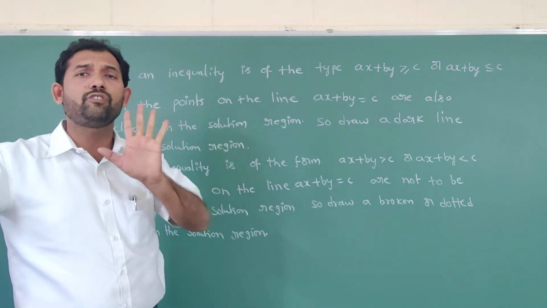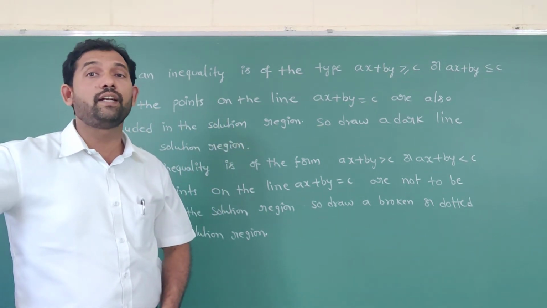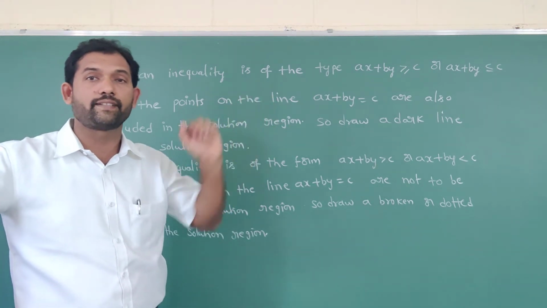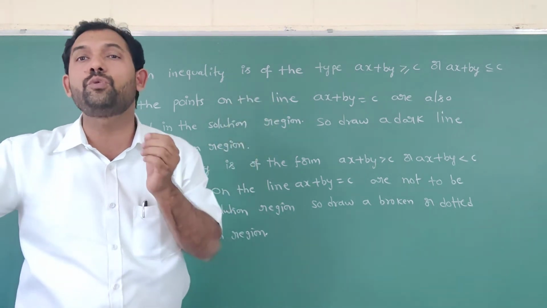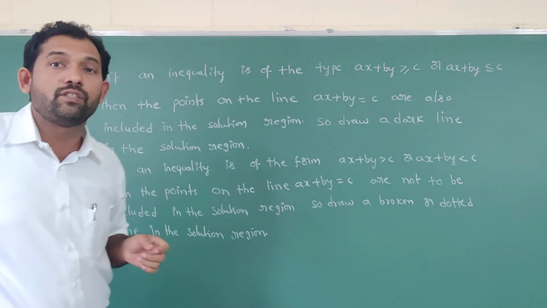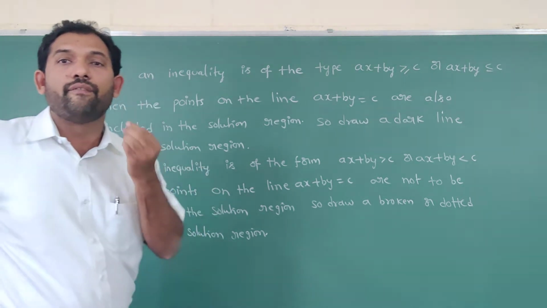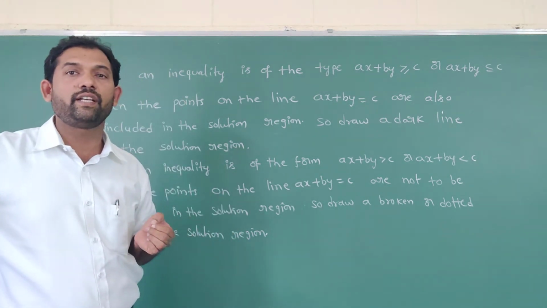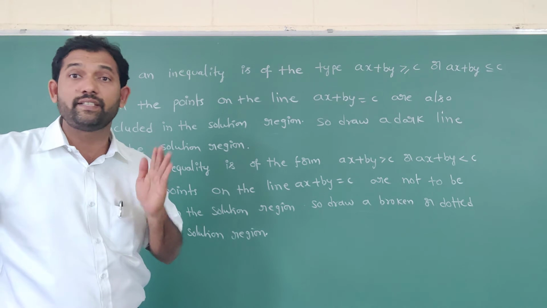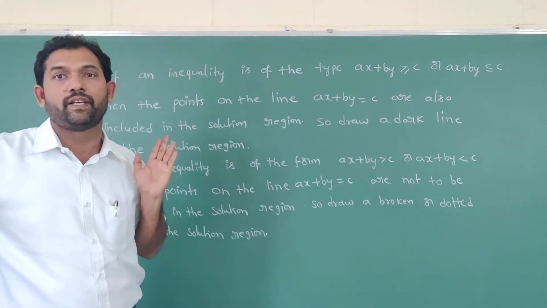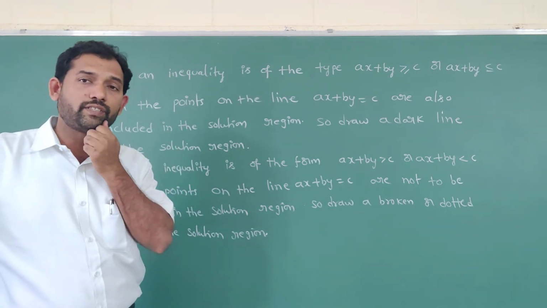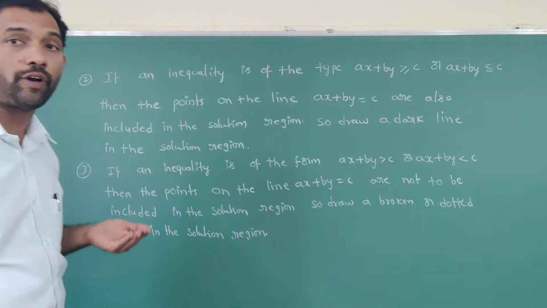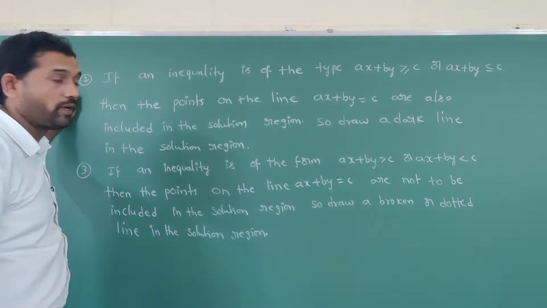So how are we going to represent these inequalities graphically? x and y, two variables are there in the inequalities, so you have to take the x-axis and y-axis, a two-dimensional plane. In the two-dimensional plane, we are drawing the solution. I said very clearly in the last class, the first point was already given. Second point, you note down. So what is our second point?